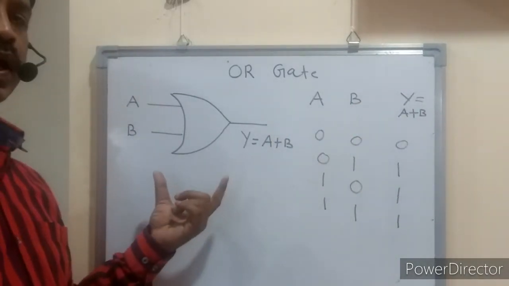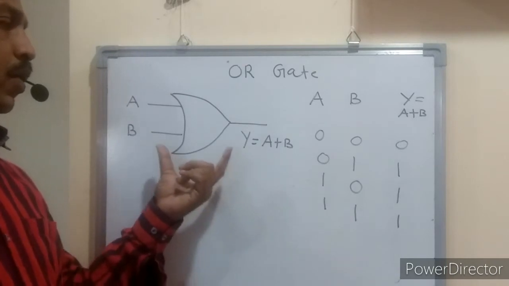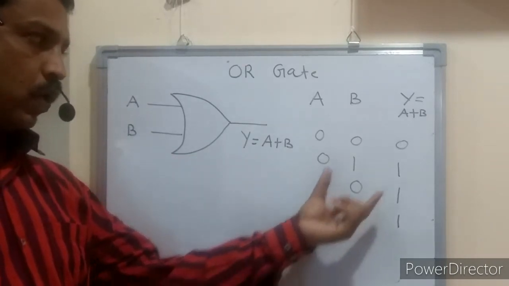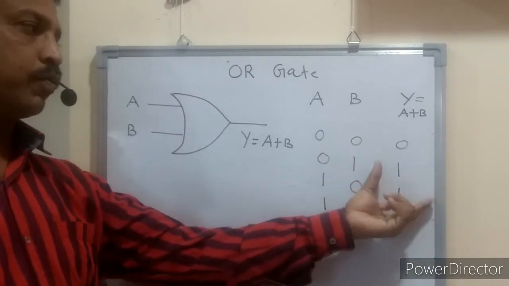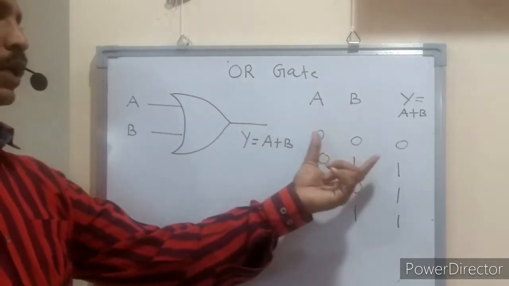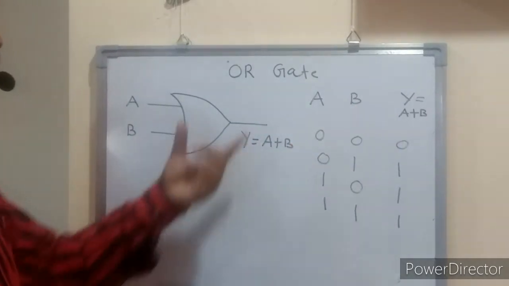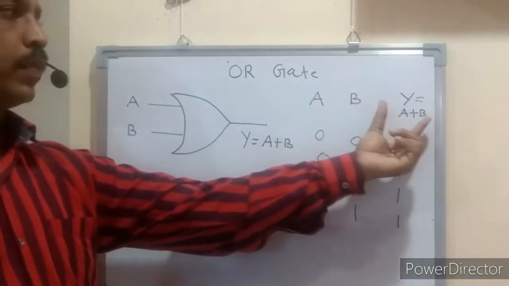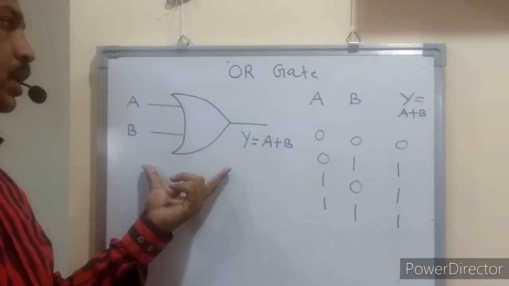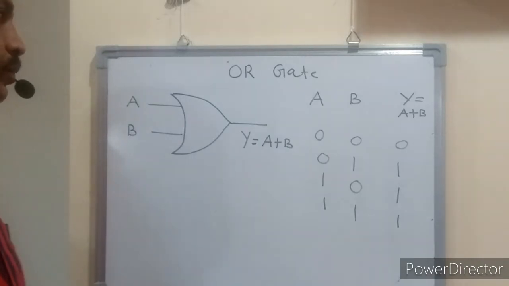So in this way we can simply say that the OR gate is such a type of logic gate. If any one input is 1, then you will get output 1. For output 1, at least one input should be 1. If both the inputs are 0, the output is 0. Such a gate is simple addition, Y equal to A plus B. And this is the logical symbol of the OR gate.